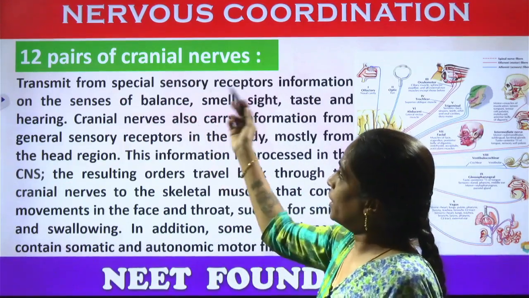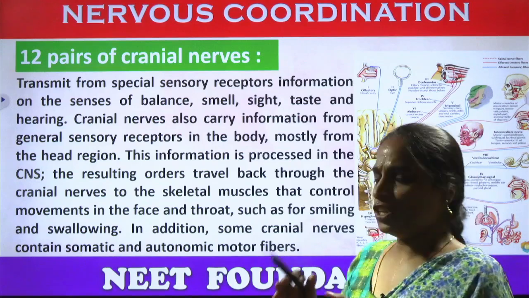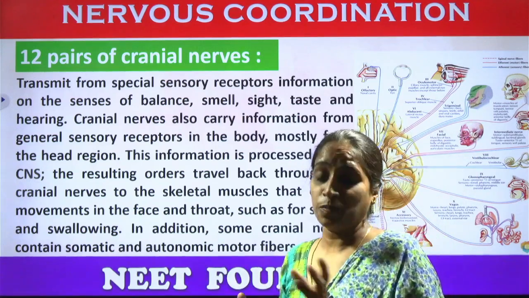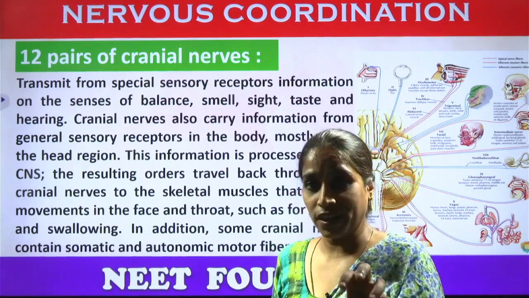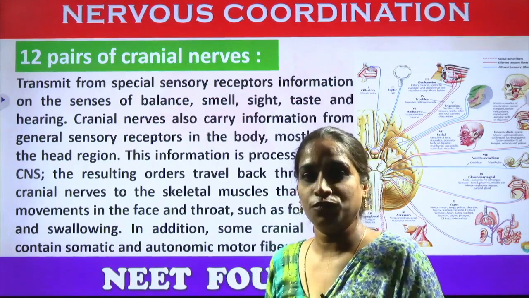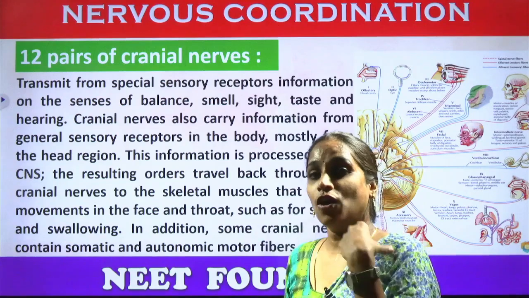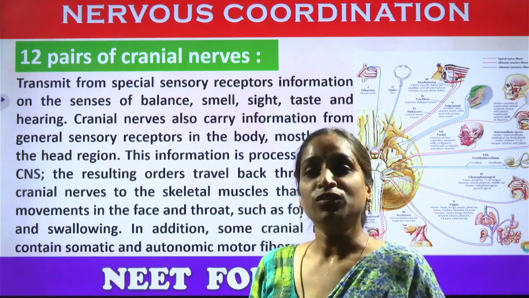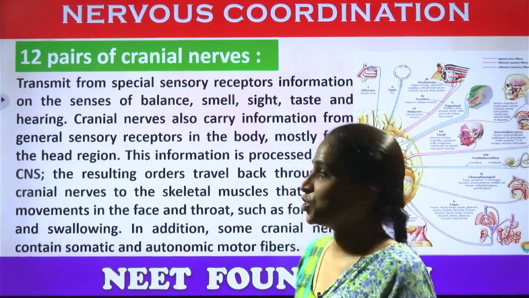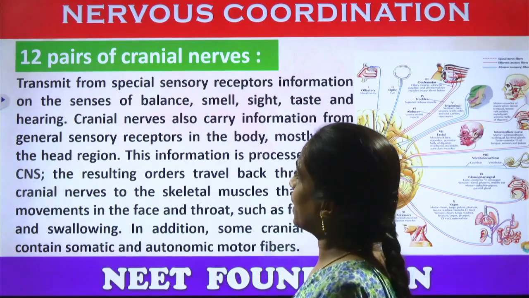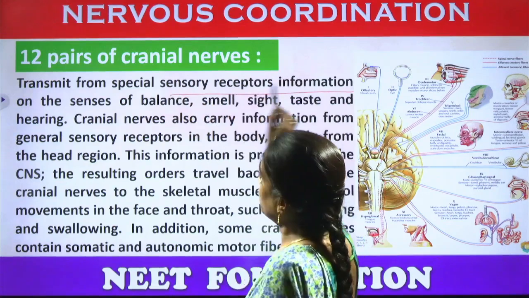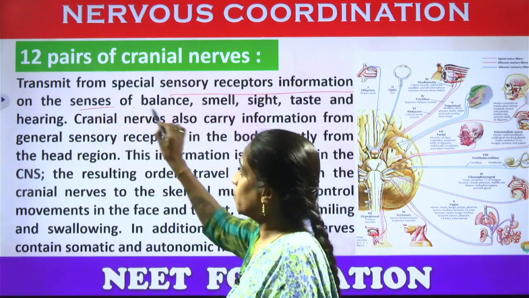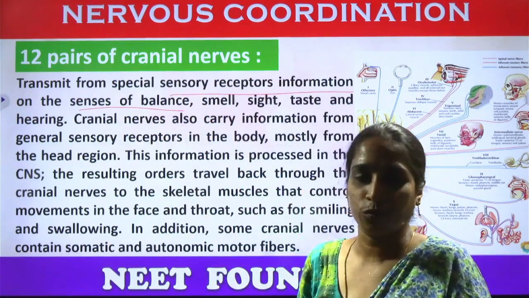There are 12 pairs of cranial nerves. Each and every pair of nerve plays a very major role in attaching to a particular organ, which makes the activation of the organ, so that the particular organ can give the reaction for a particular stimulus. Let us see in detail here. They transmit from special sensory receptors the information on the senses of balance. Okay, so what do they do? They balance the